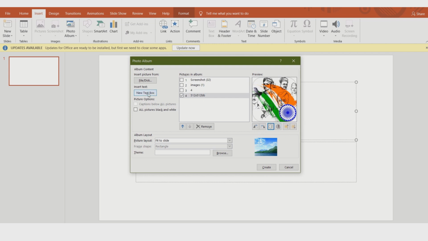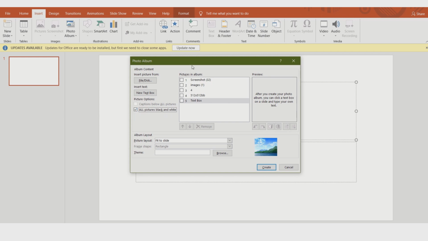And then if you want to insert a text box, you can choose this option, New Text Box. New Text Box is the option for inserting a text box. We click on New Text Box, see, a text box is already inserted. Then the picture option, All black and white.